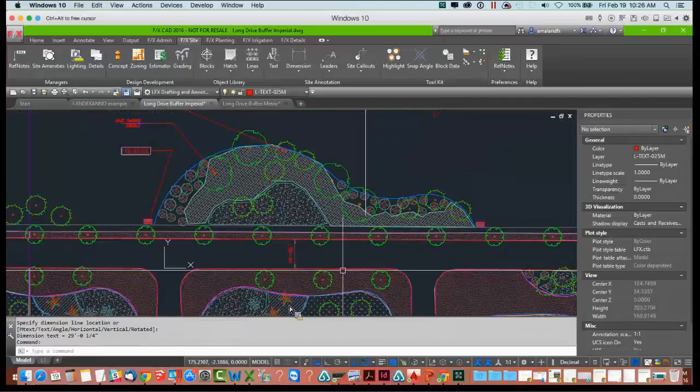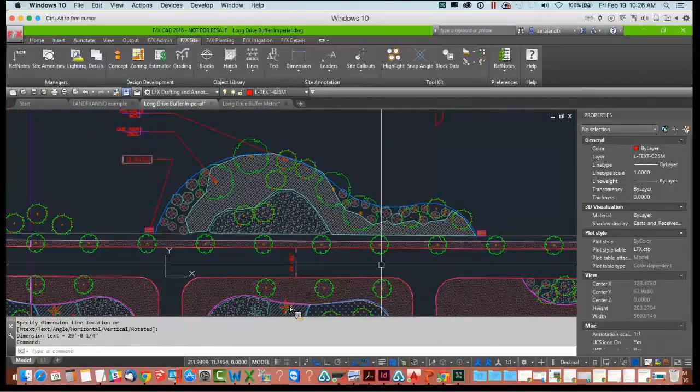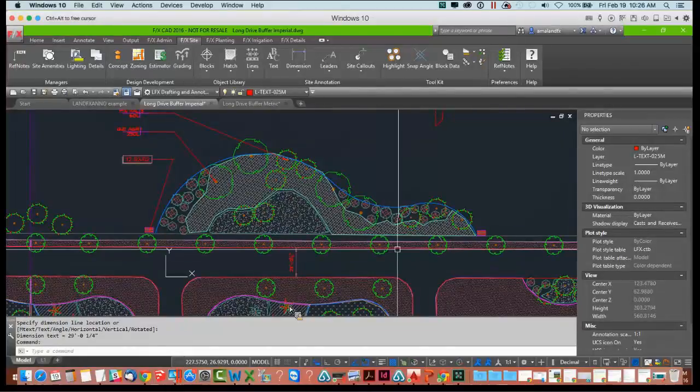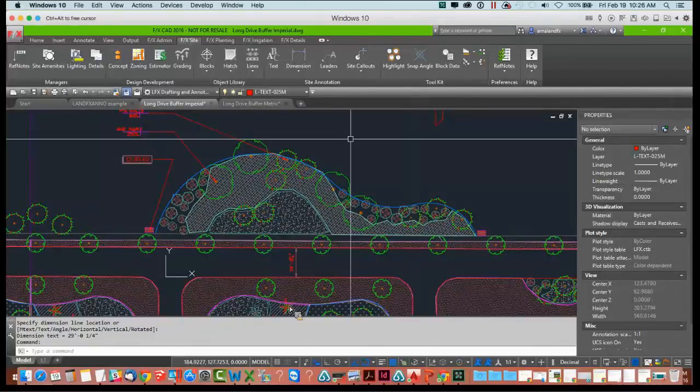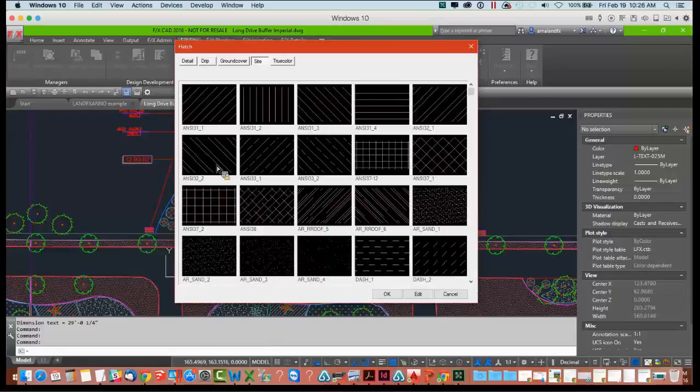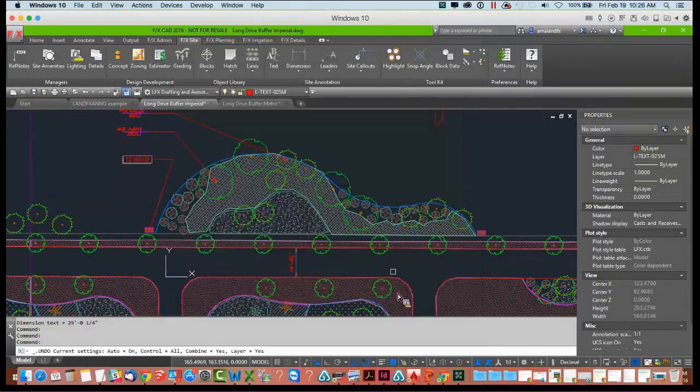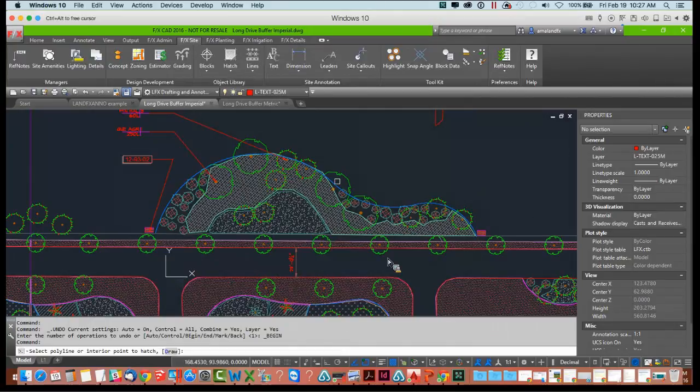And I'll just place my dimension right there, and it's already scaled to the same size that I expect on my page. And I apologize if I keep saying that, but that's the truth. And we'll keep going. We'll place a hatch. I'll go in here. I have all of my hatches. They all have a predetermined scale, so that when I place it here, it will scale itself to my 1 to 30 hatch. I'm just going to draw one,